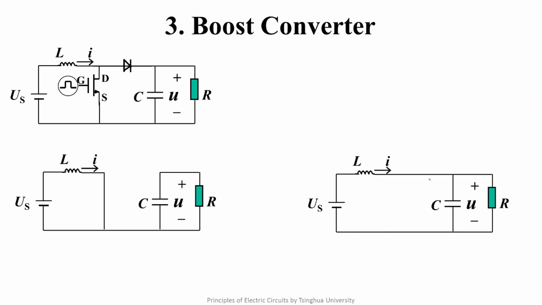Next, by using the engineering viewpoint we introduced in lecture 55.4, let's analyze the voltage of the load. That is the voltage of the resistor R. In the engineering viewpoint, we consider the inductance to be very large so that the current is a constant value, and the capacitance is very large so that the voltage is also a constant value. We assume that the duration of the first state is T on and the duration of the second working state